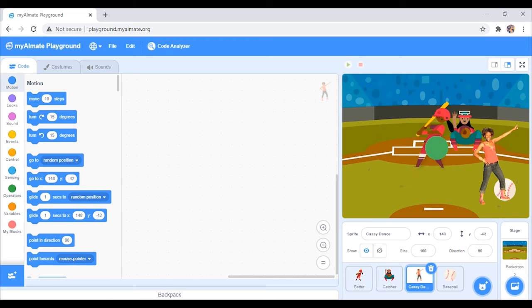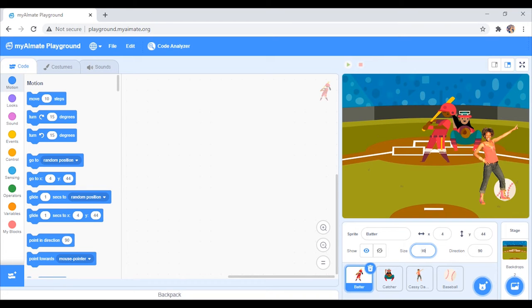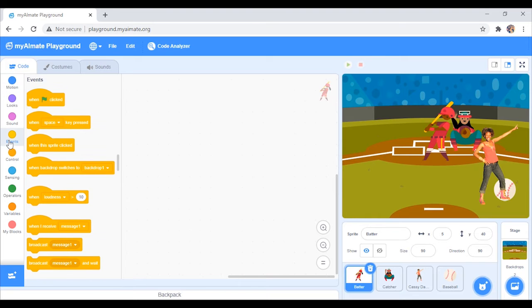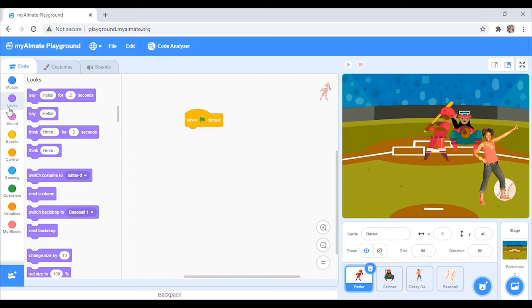Firstly, let's program the batter. Choose size 90 for appropriate synchronization with the backdrop. Now it has to be executed as soon as we run it, so we use this. Now to give consent to start bowling, we will make him say let's get started for 1 second.